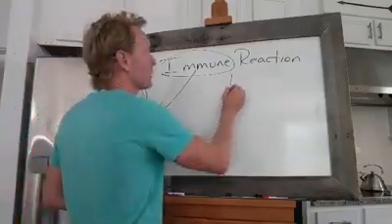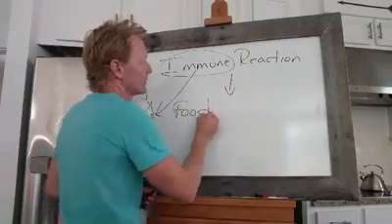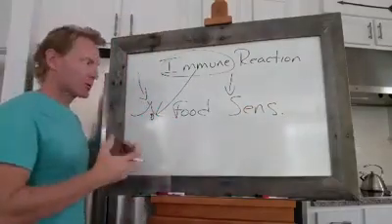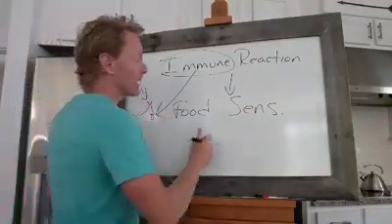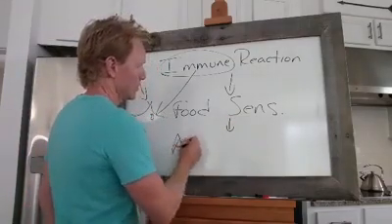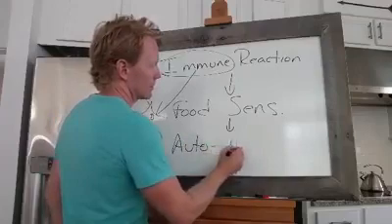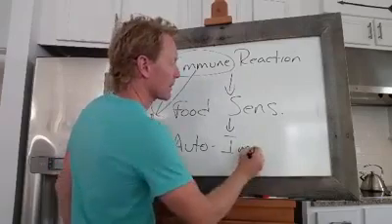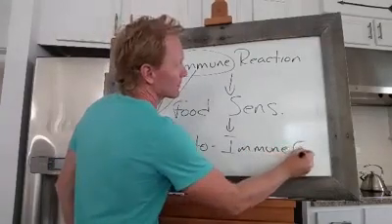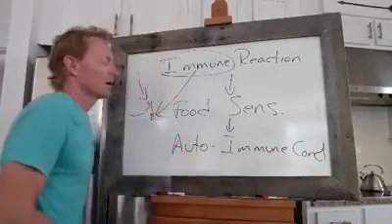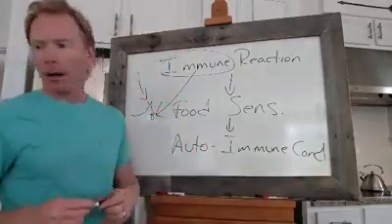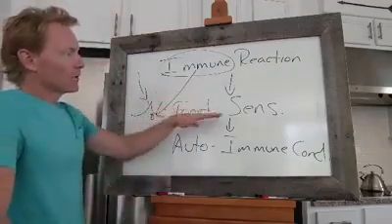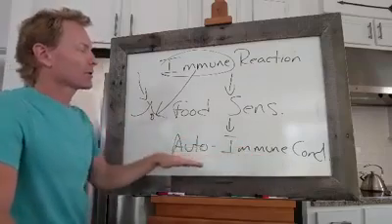So then you start to develop food sensitivities, okay? So we start developing multiple food sensitivities, and then that can lead to autoimmune, oops, did it again, forgot the second M, autoimmune conditions. Okay? So, there you have it. Alright? So we get an immune reaction, we get food sensitivities, we can start developing autoimmune reactions due to some of these food sensitivities,